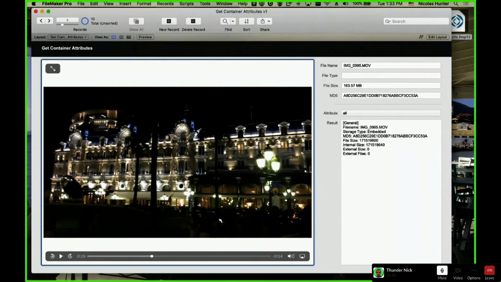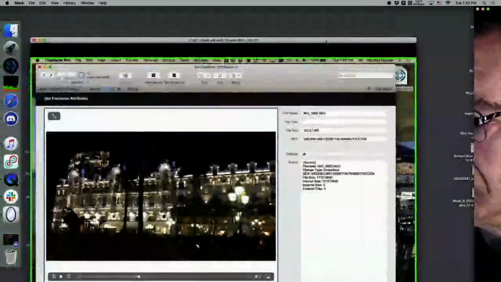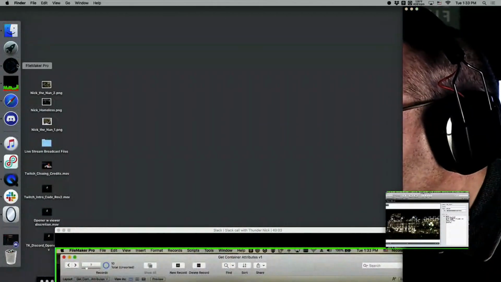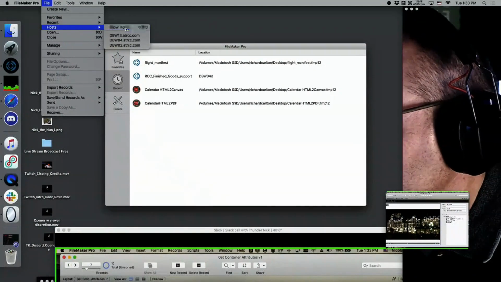FileMaker is not a streaming platform. Period. If you have a video on your server and you want to play it back, the rendering is poor, and you're going to wait for hours before you have the videos, and you're going to kill your server. You kill your connection. Pretty much you kill everything when you use FileMaker for video.